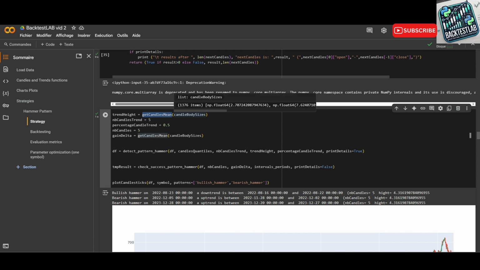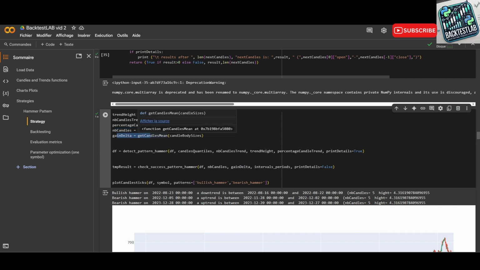So it has to have a height at least as the average of the body size of a candle, and I am checking the last 5 candles to detect if we are in a bullish or bearish trend, and at least 50% of those candles has to be red or green. And after detecting the pattern, for checking the success, I am checking the next 5 candles,